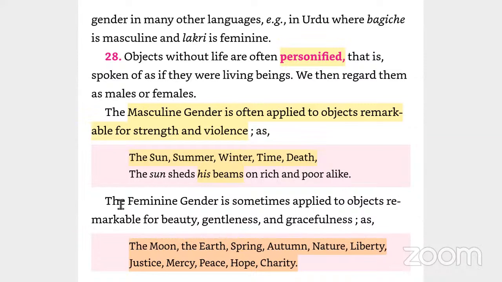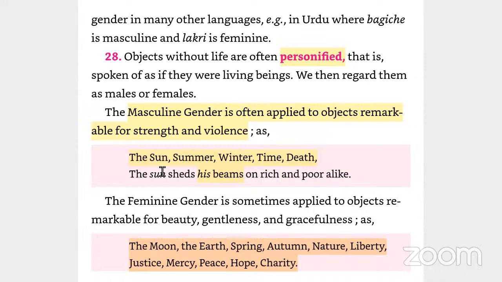Good. Similarly, you know that in India we have a culture of creating a gender of a cow. Yes or no? Like we mostly call Gomata, and that is why we call she. Yes or no? But actually, the gender is feminine. Yes, a cow is feminine, but we are personifying her as a woman. That is how personification works.